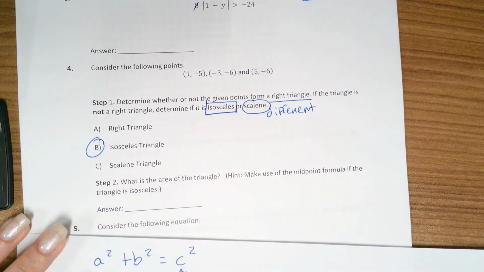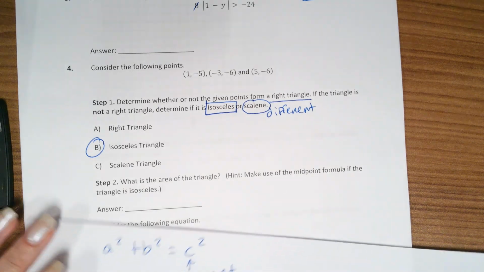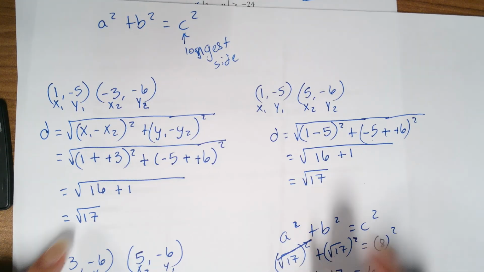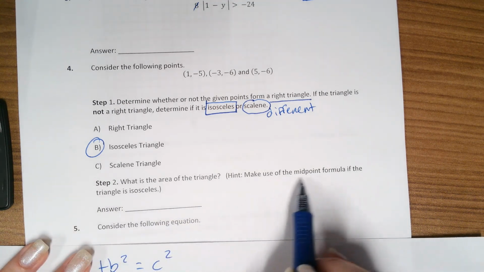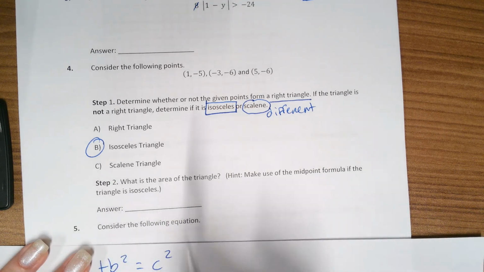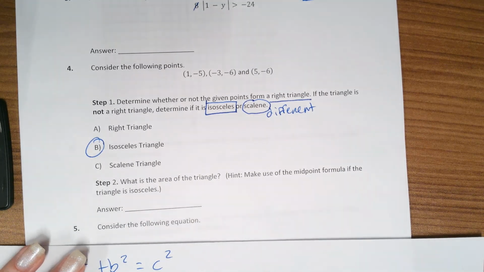So for step 1 is B. It is an isosceles triangle, again, because we have these two side lengths that are the same. All right, so what is the area of the triangle? Hint, make use of the midpoint formula if the triangle is isosceles. So